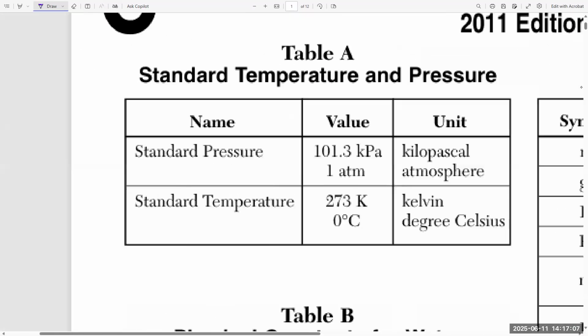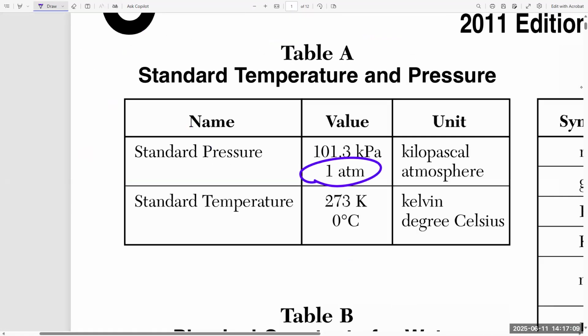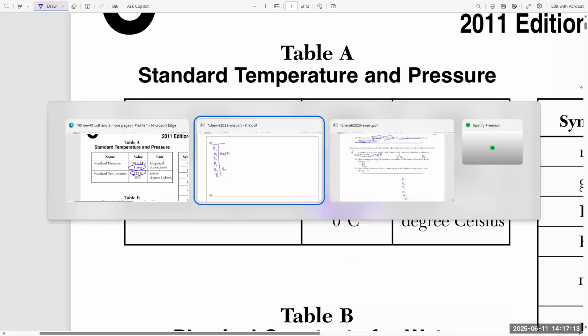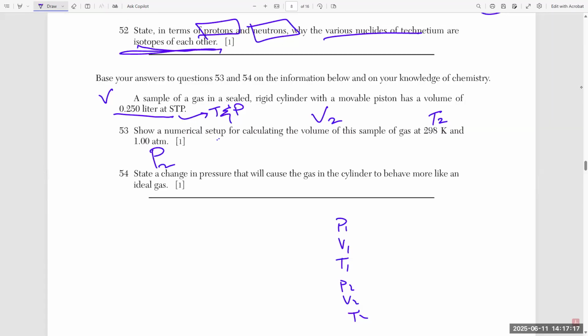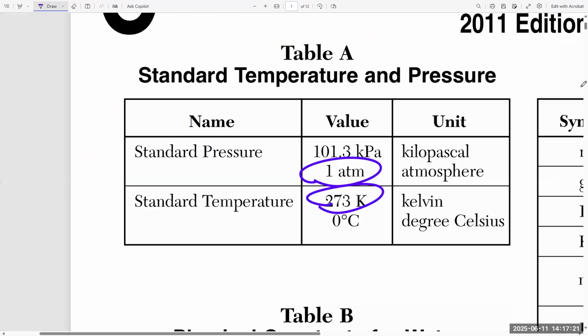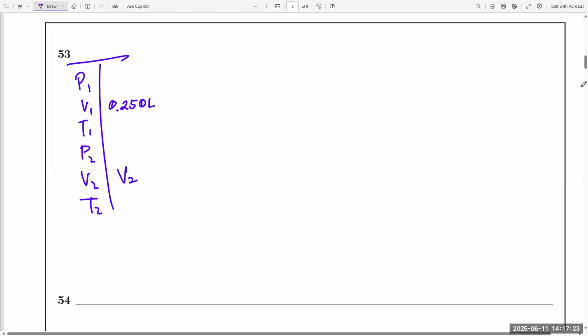Now, why are we using those two values? Because if you go to the problem, we are using kelvins and atmospheres. So from this page, you copy down pressure is 1 atmosphere and temperature is